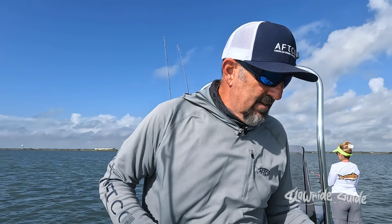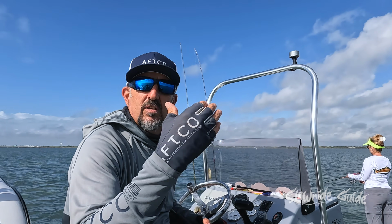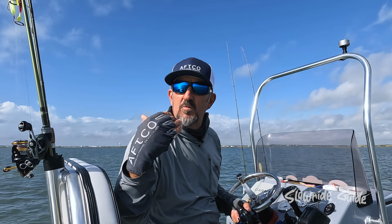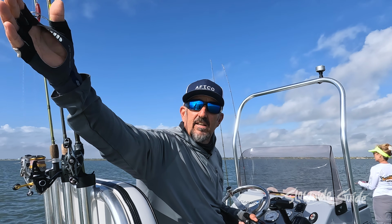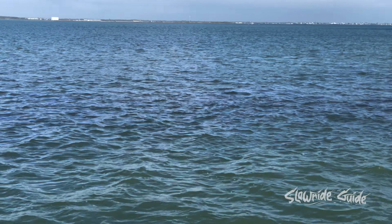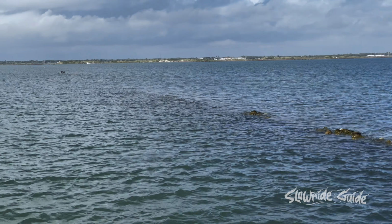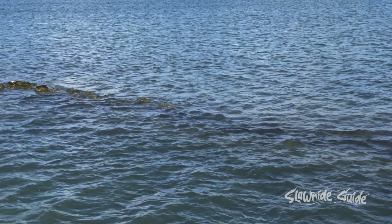One interesting aspect about Redfish Bay that some of you may or may not know is that there is an ancient road that runs across the middle of the bay. It was a causeway. Around the turn of the century, when Texas was being discovered, sailing ships would come into the pass and dock in an area that's now known as Quarantine Shoreline. The name still exists to this day. It was called Quarantine Shoreline because the ships were quarantined out there until they could be proven to be disease-free